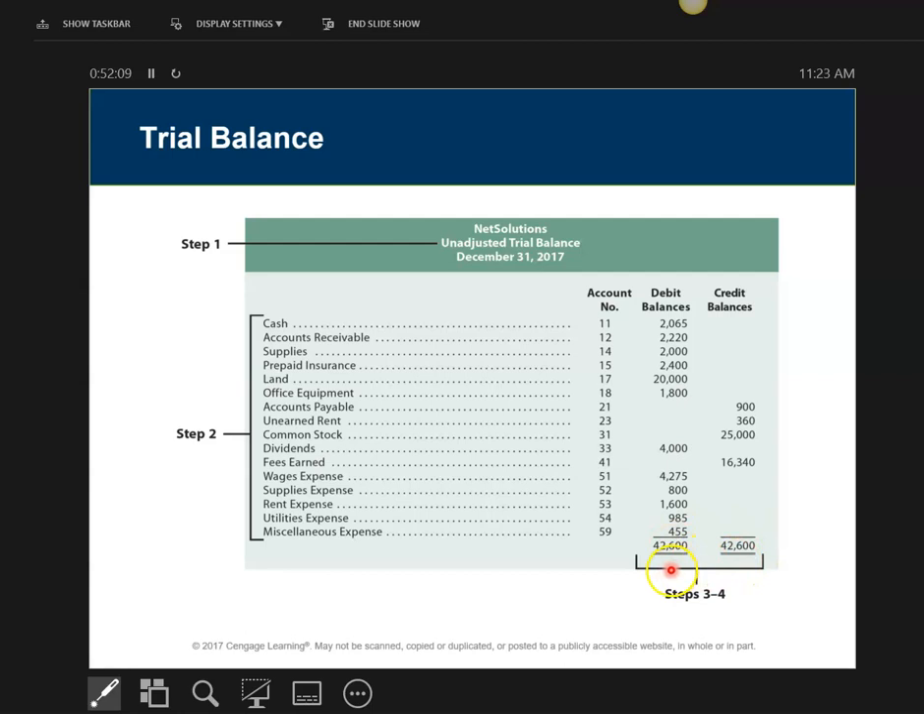If they equal, then hopefully you have actually done it correctly. And you can finish up on this PowerPoint here. It'll show you what happens if you don't equal, or they could equal and you could still be wrong. But the whole purpose of this unadjusted trial balance is to prove the equality between the debits and credits on